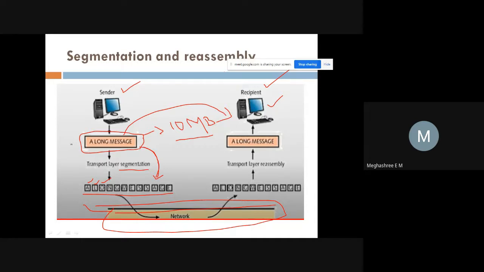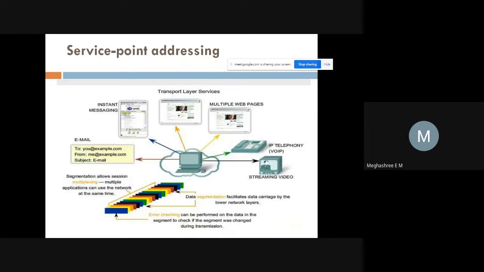Segmentation and reassembly. Students? Yes, ma'am. Okay. Next, I'll move on to the next topic, that is